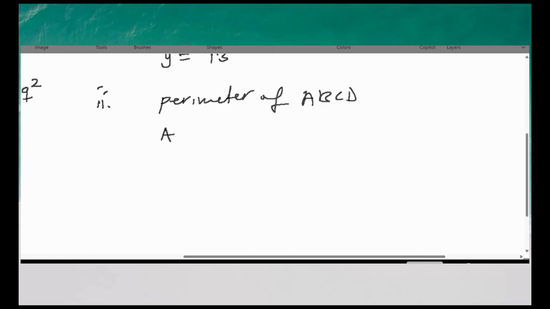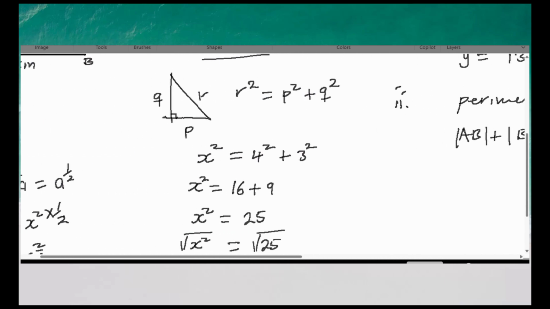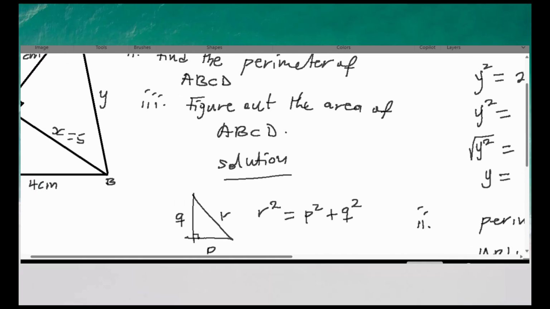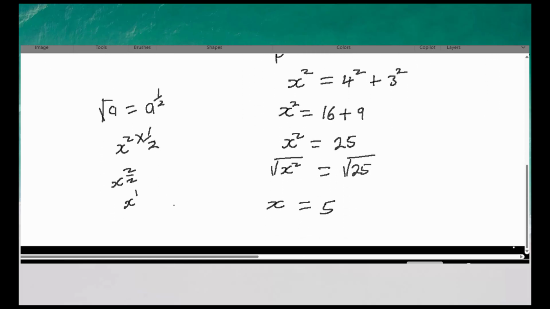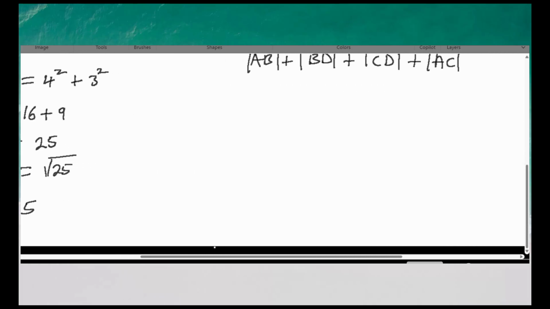AB plus BD plus DC or CD, right? CD, then plus AC, right? So AB on the diagram, what is AB? On the diagram, AB is 4 centimeters, right? 4 centimeters. So we're going to have AB